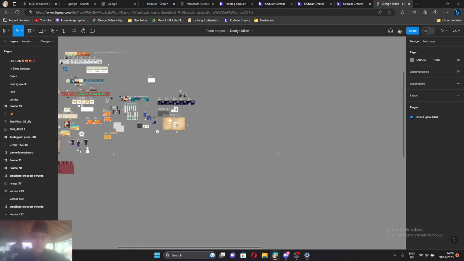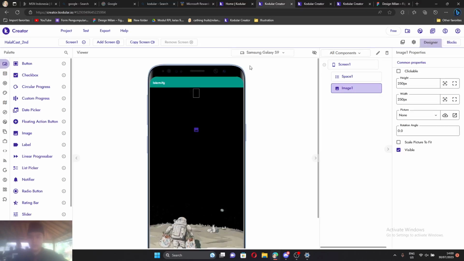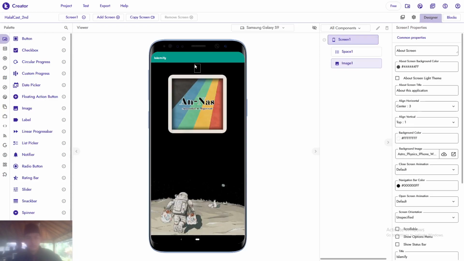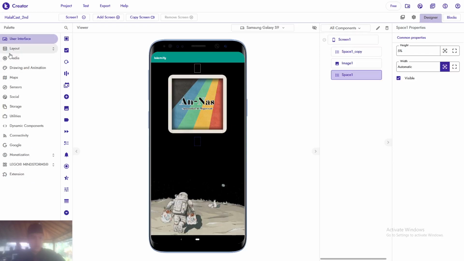So we have it already, and the last we make add player from the viewer to the viewer, and also the notifier. Maybe I don't need to show you. So next is give the picture of the thumbnail, and then duplicate and put it under, and also you need to take label,